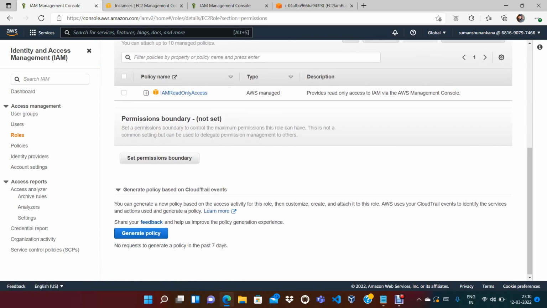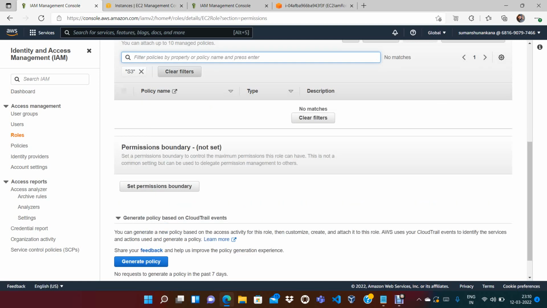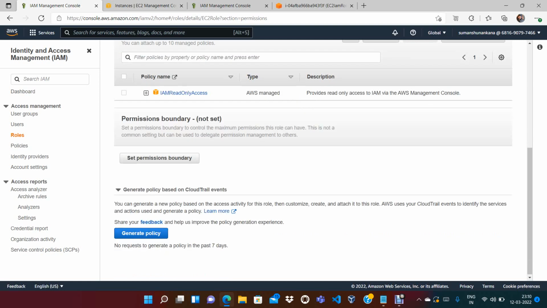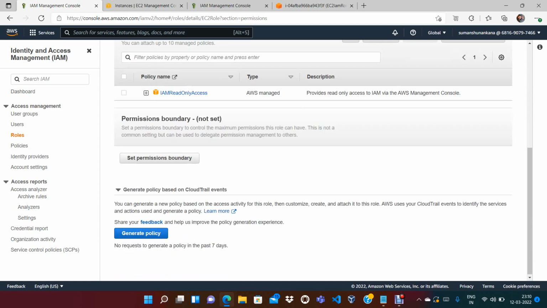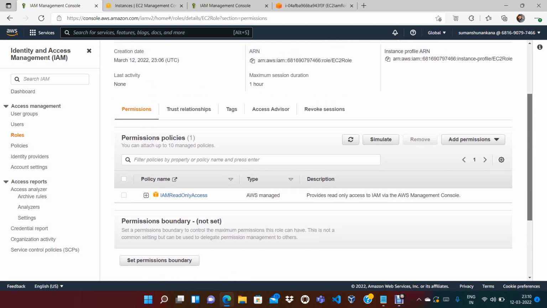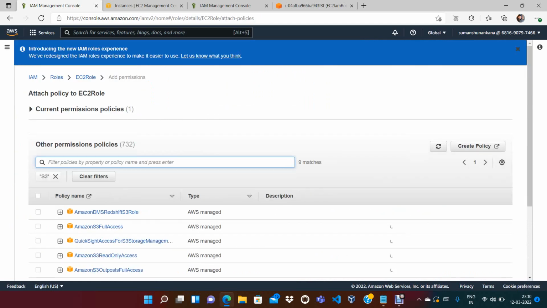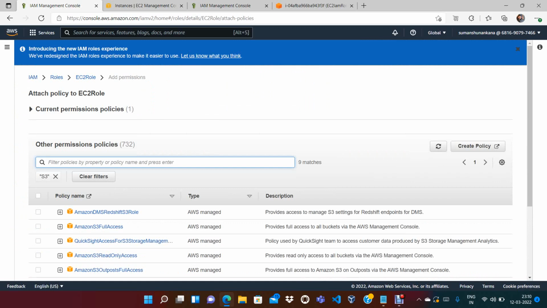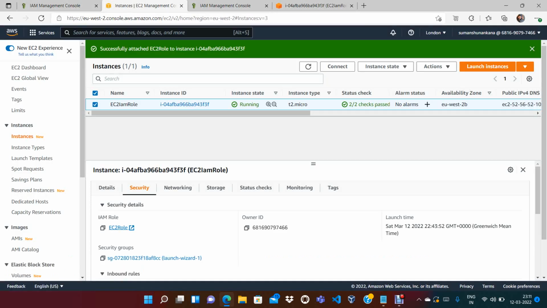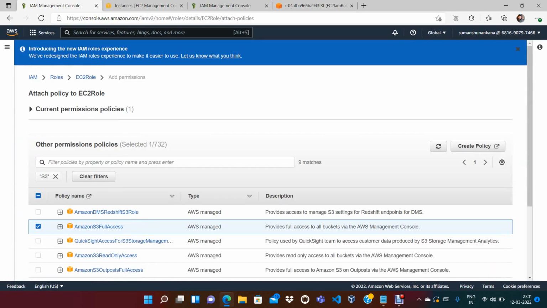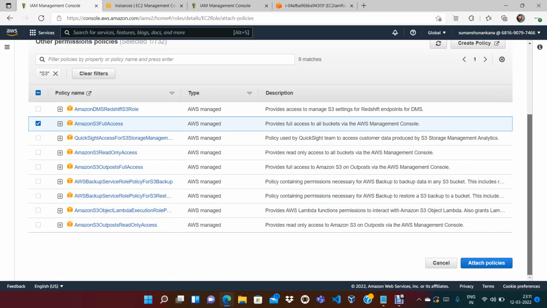Right now we have only added the S3 bucket. I'm not sure what the permission policy is for the bucket. Add permission, attach policies, Amazon S3 full access. Right now I am unable to run the S3 command because it says access denied. So if I attach the S3 access as well, Amazon S3 full access,